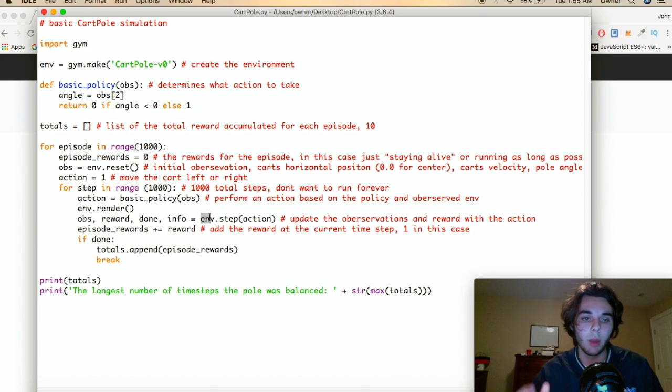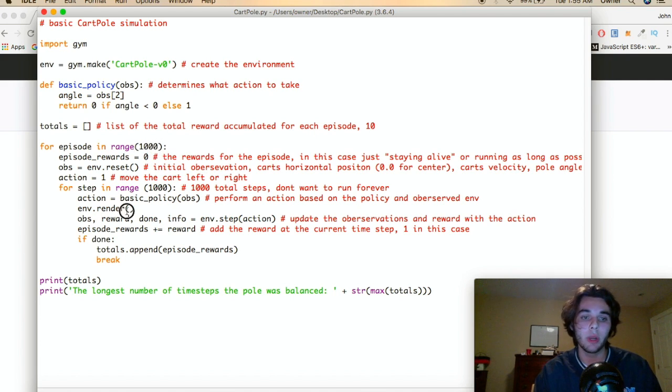Next up, what we are assigning these variables to is env.step with action. This is a function that is going to execute the action that was determined by our policy based on the observations we made about our environment. It is executing the best action that our policy thinks we should take, based on the environmental observations. Next up here, we are updating our reward. So for this run of the simulation, because in this case, we're doing 1,000 runs, we're doing 1,000 simulations,